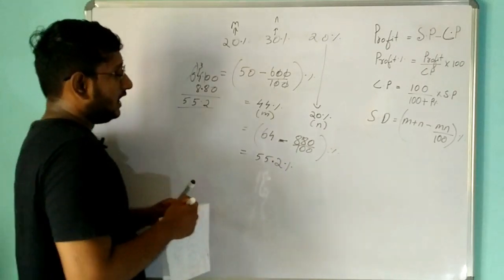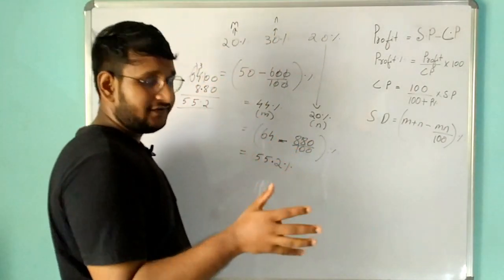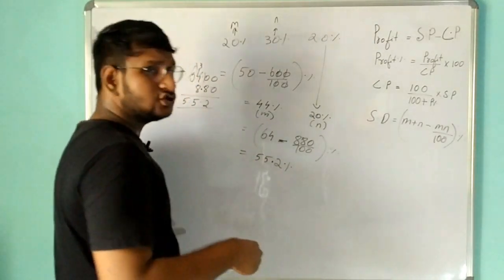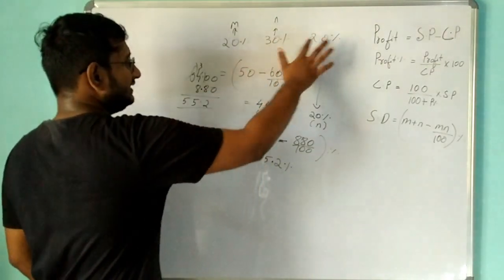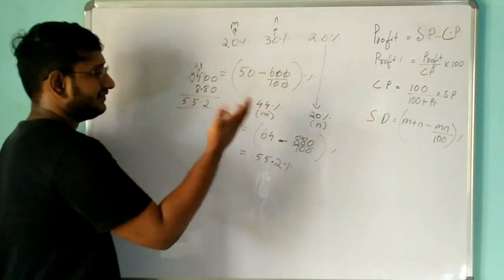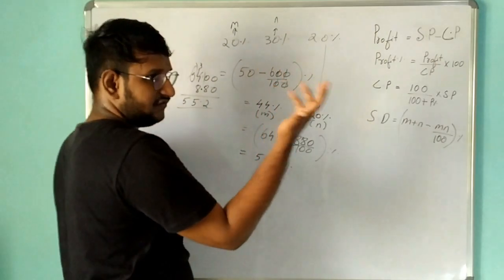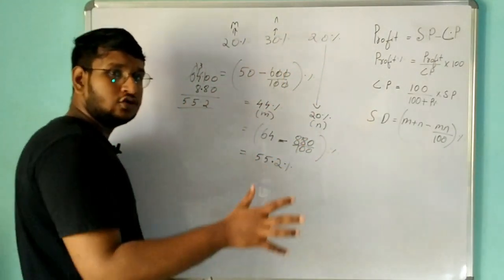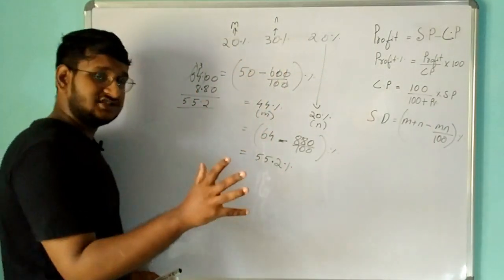Okay, so by discounting 3 times for a particular product, we will get 55.2%. Okay, so please don't jump to a conclusion by seeing the options, thinking that adding these 3 discounts gives the discount. So the option might be 70. Okay, so by adding these 3 we will get 70, right? 20 plus 30, 50 plus 20, 70. So by seeing the options, don't conclude that the single discount will be 70%. But actually that's not the case.